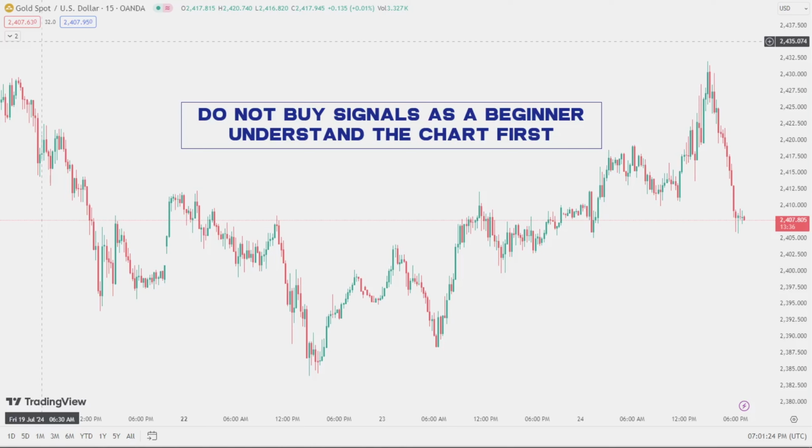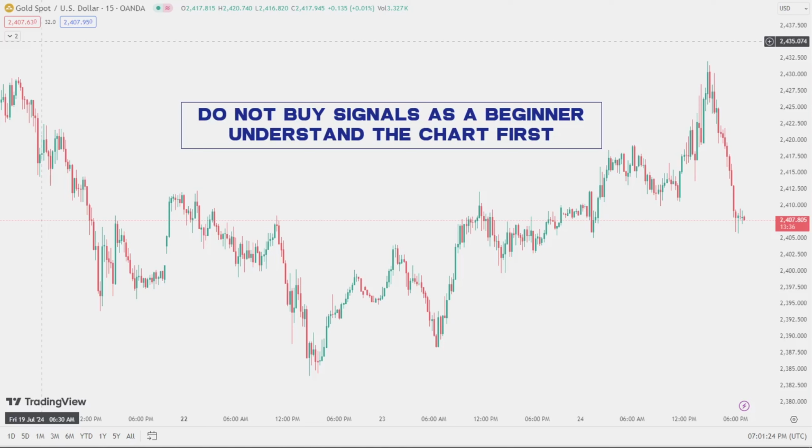You just want to hop in and make money, right? And it doesn't work that way. If you don't know what you are doing, you cannot just hop in and make money. You have to know what is going on. If someone gives you a signal, then yes, this signal is all right. That person might be giving the signal from a 4 hour time frame, and you, the beginner, are using a 5 minute time frame.